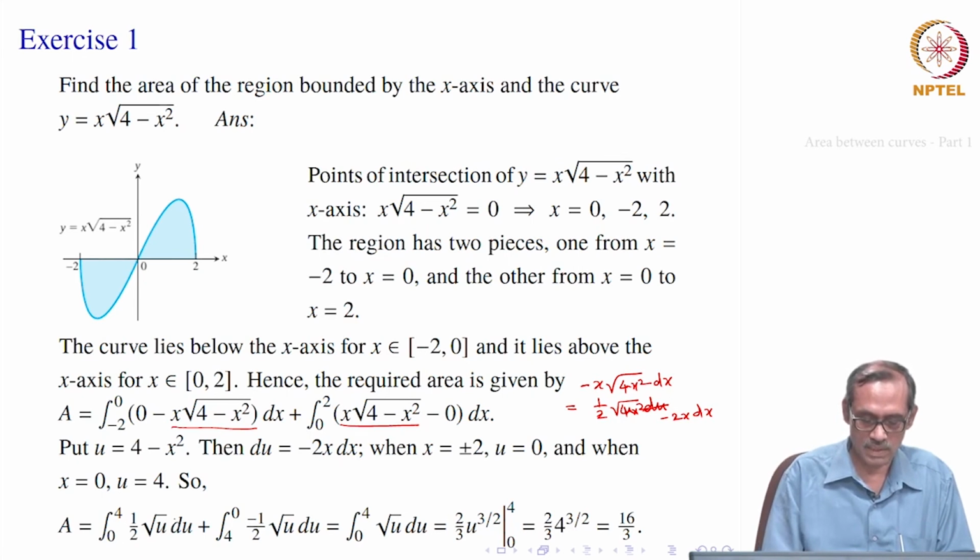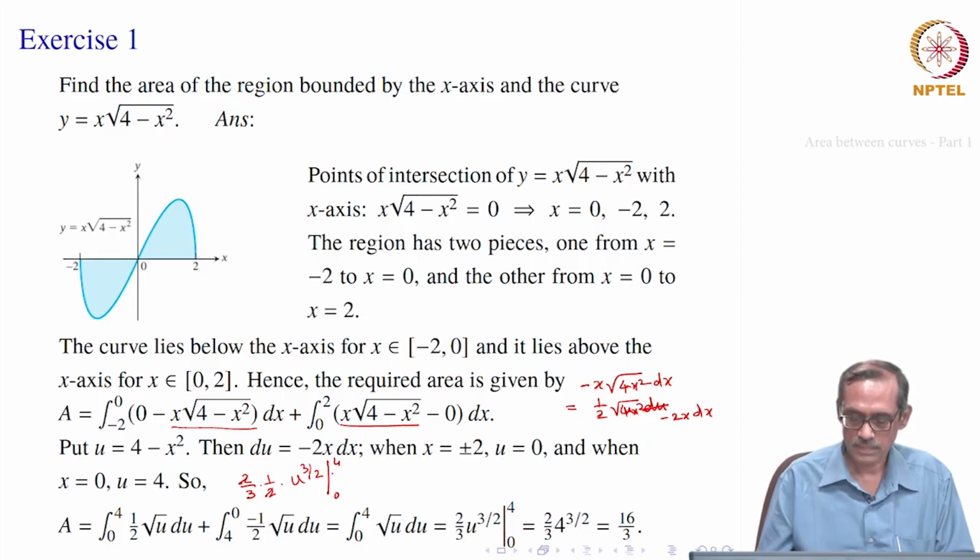Then once you integrate, it is u to the power half. So, its integral is u to the power 3 by 2 divided by 3 by 2, it is 2 by 3 and then minus half, right. So, that gives 2 by 3 into half into u to the power 3 by 2, fine. So, these 2 cancels, you have 1 by 3 u to the power 3 by 2 evaluated from 0 to 4, and the other one is 4 to 0 with minus half. So, again that becomes 0 to 4.